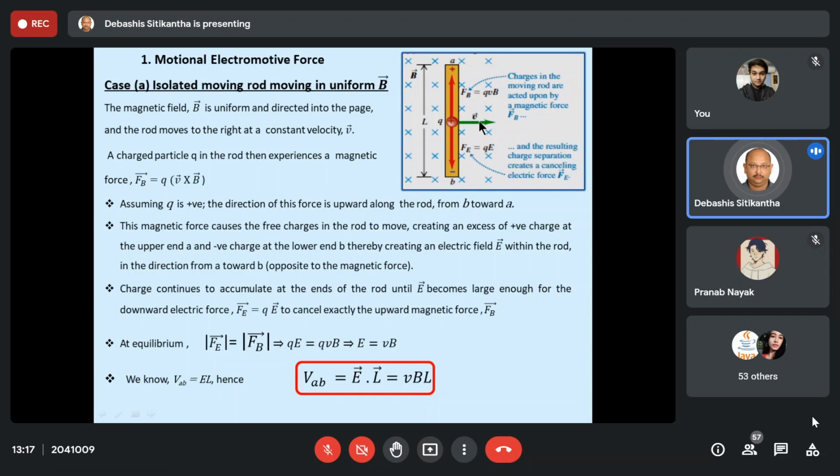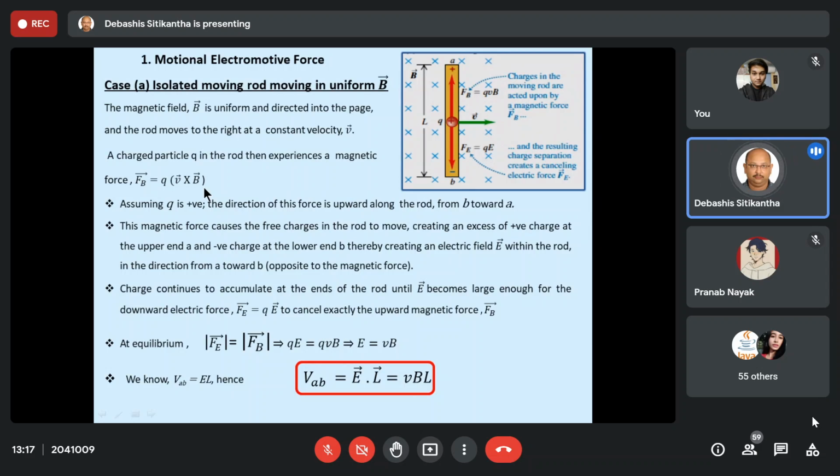And what is the value of this magnetic force? It is equal to Q times the cross product of the velocity and the magnetic field. So the force that is going to act on this particular positive charge inside the conductor is given by F vector equals Q times V vector cross B vector. Now, obviously, if we apply the right hand thumb rule, that means we point all four fingers of our right hand along the direction of the V vector and curl them towards the B vector.